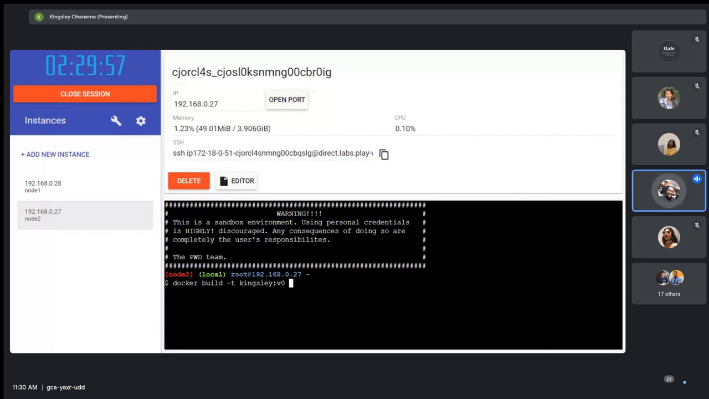Now I cannot use dot here. Why? Because in this virtual machine, her GitHub repo is not here. I don't have her files here. So I'll now have to tell Docker, I want you to get those files from